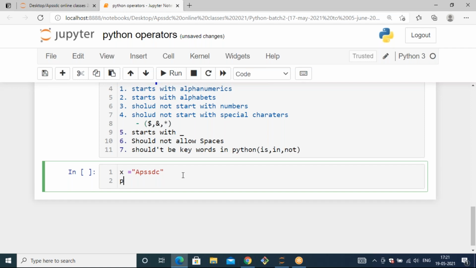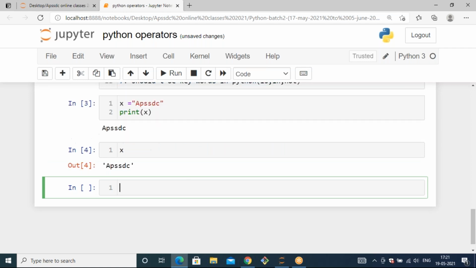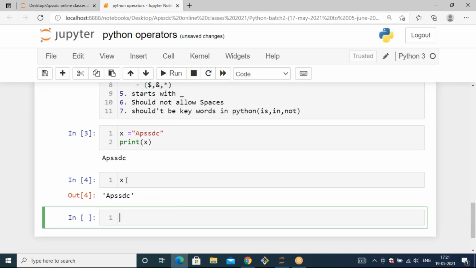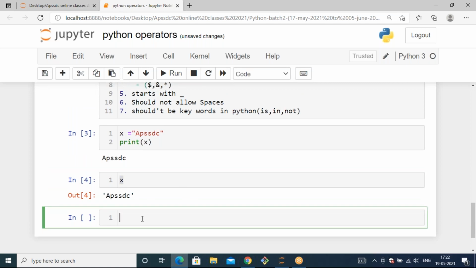Now finally, if you want to print this x, you can use print(x), so that it will be printed. Otherwise, you can simply pass x also. Instead of passing x to the print function, you can directly call x also. Okay, and now if you want to know the type, you can use print of type. Type is an inbuilt method offered by Python.